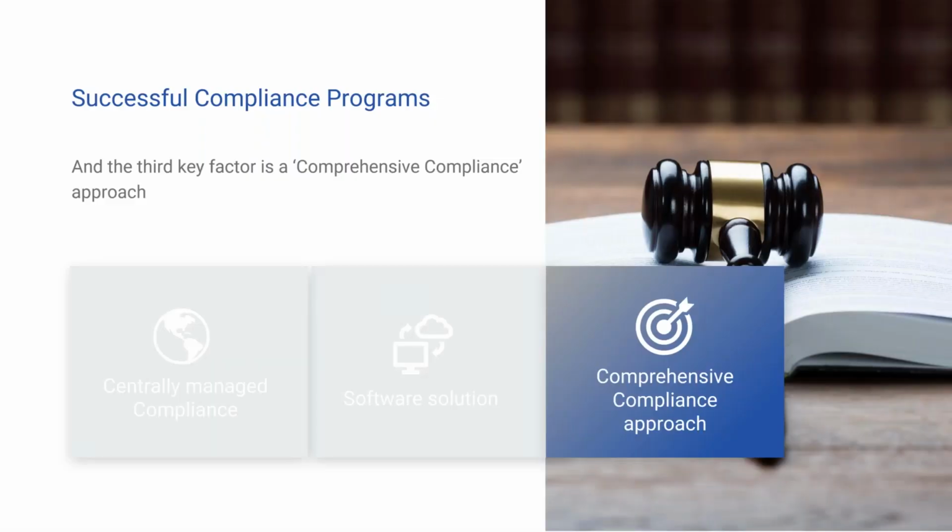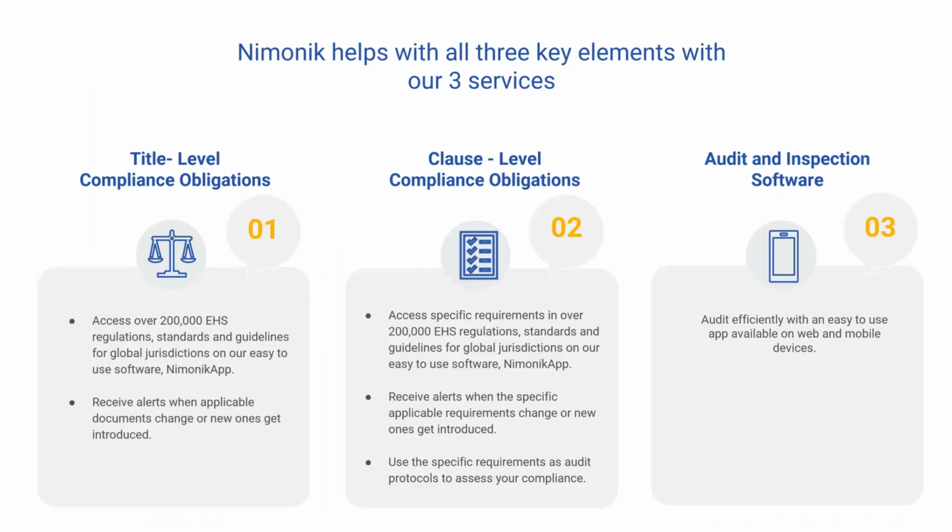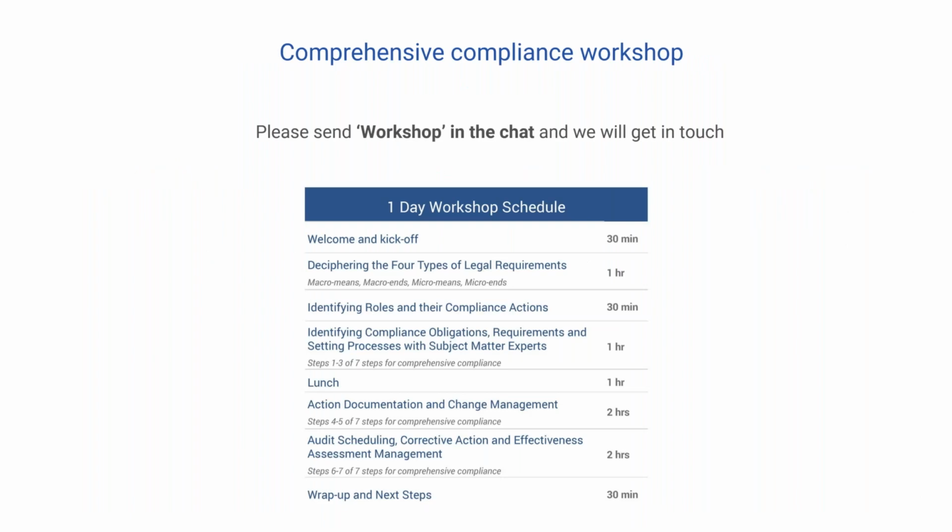And then the comprehensive compliance approach, I touched on briefly. Mnemonic goes through a 7-step process, heavily based on 19,600. This is a bit of a simplified version of 19,600, and we work with companies to implement this and to do it for their organization. And we do it through helping you identify your compliance obligations, all the individual requirements you need to meet, and then implementing an auditing tool to make sure that you're in compliance and that your actions are effective. And we often do this